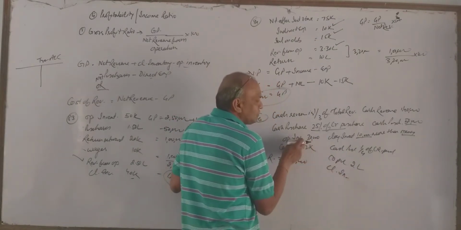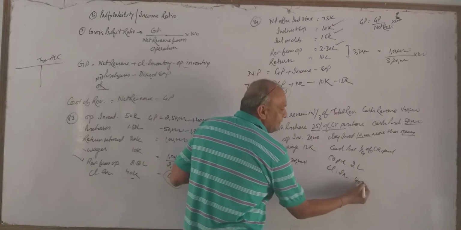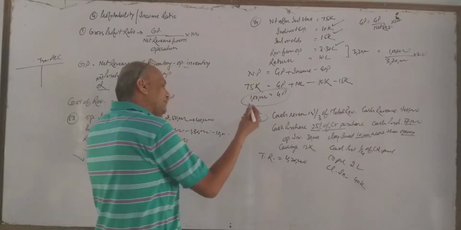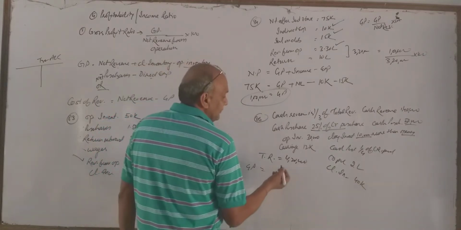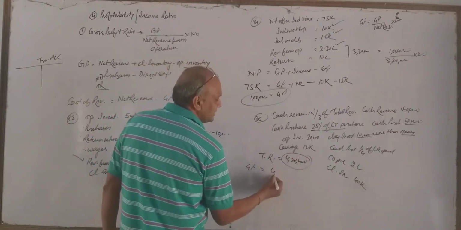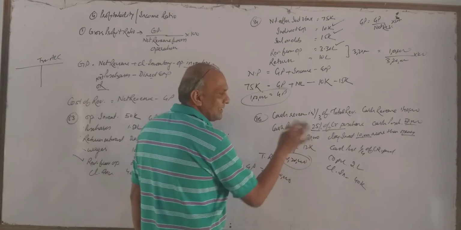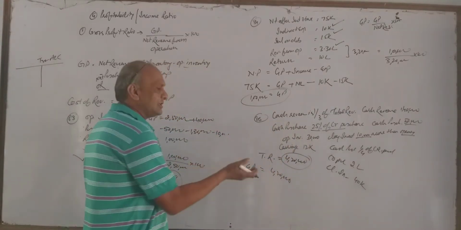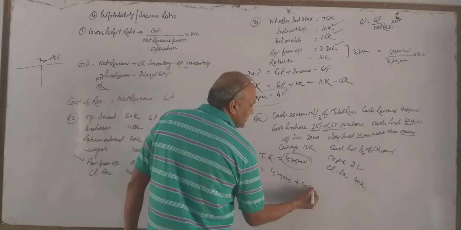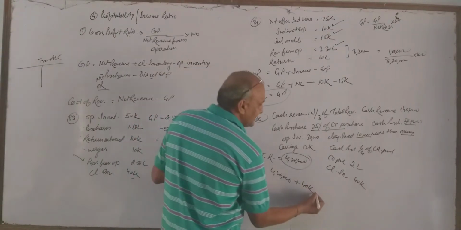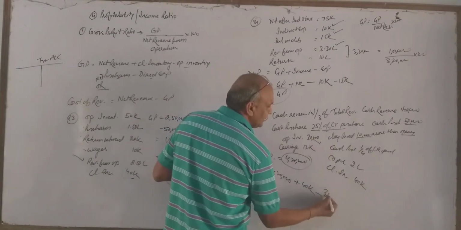It is 10,000 more than opening. So closing inventory will be 40,000. Now apply the formula, sir. Gross profit is equal to net revenue. Sir, what is the revenue? 4,20,000. We don't have sales return and all. That's why it becomes automatically net revenue. Plus closing inventory. How much? 40,000. Minus opening inventory, 30,000.